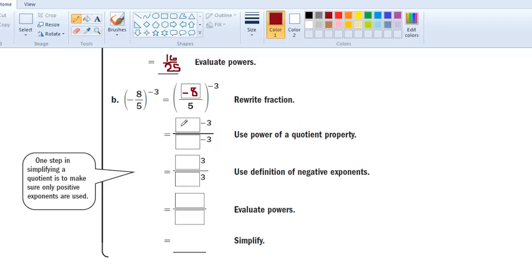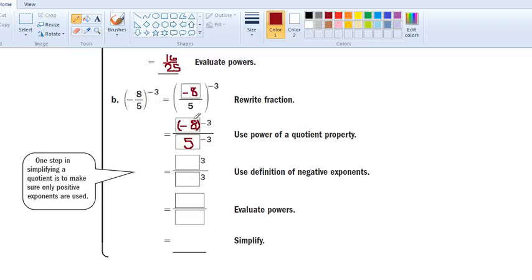Okay, so what we're going to do is take the -8 and put it to the third power, or negative third power. We haven't really done anything other than just apply that -3 to the -8. Then we're going to take the 5 from the bottom, and we're going to have a negative third power on that. Now, we remember there was a little bit of a shortcut in a couple lessons ago,